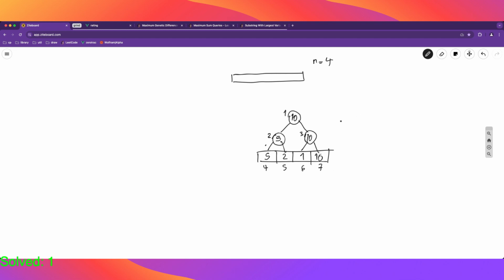So we need, as I said, an array of size 8, which is n times 2. And so when we want to get the maximum of some range, for example,